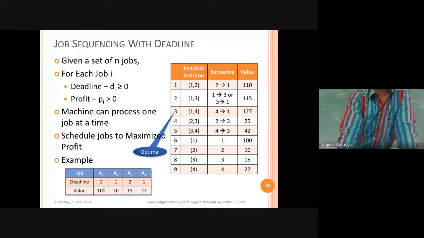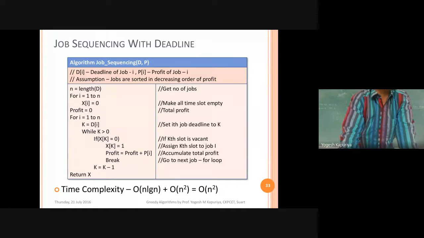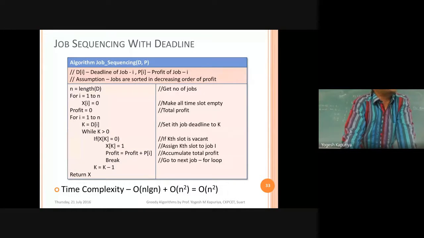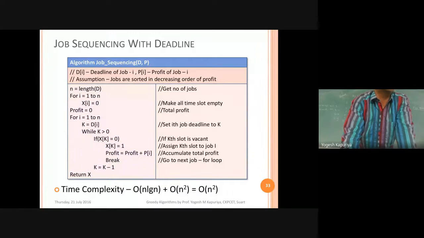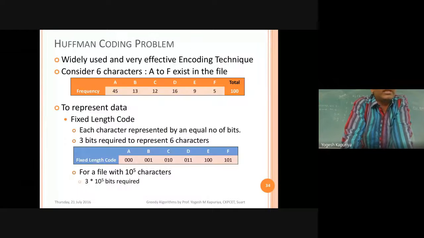So the solution was, first you will sort the jobs in order of their profit, meaning the highest profit will be considered first, and then you will schedule it in the best possible slot. The best possible slot is the last slot, because if you schedule it in the last slot, then all the previous slots can be used by the subsequent jobs. If that last slot is not available, then you go back to the previous one and come till the first slot and try to schedule it. If no slot is available, then you have to skip that particular job. So this was job sequencing with deadline.